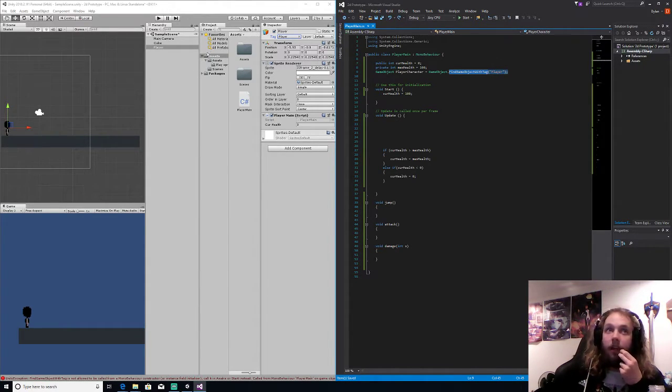So therefore in the player main script I said game object player character is equal to game object dot find game object with tag player. So since this is the only player here, it will point to this player. Now, I'm pretty sure there's a simpler way of doing this because the player main script is attached to the player, so I'm pretty sure there's a way you could